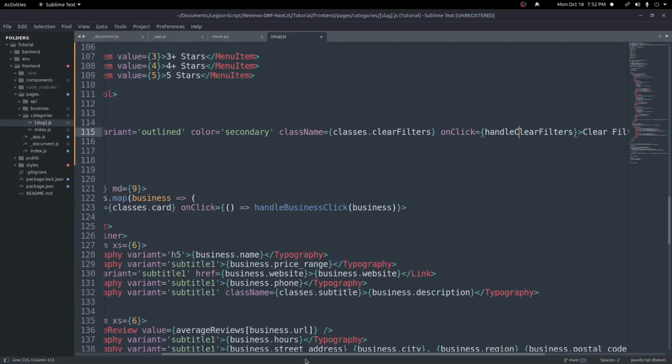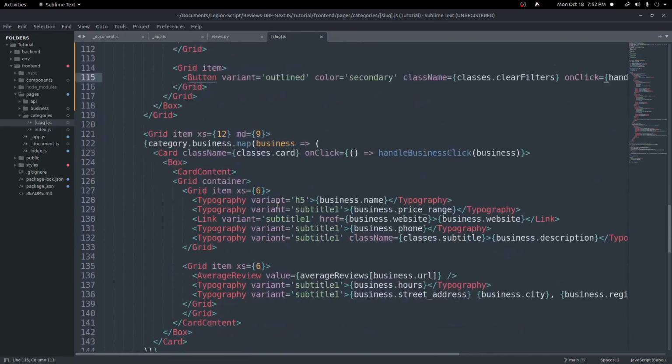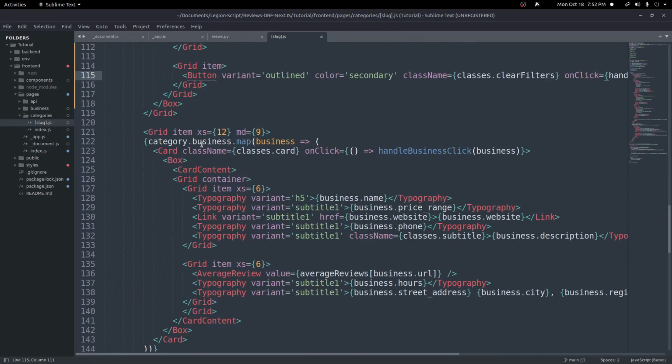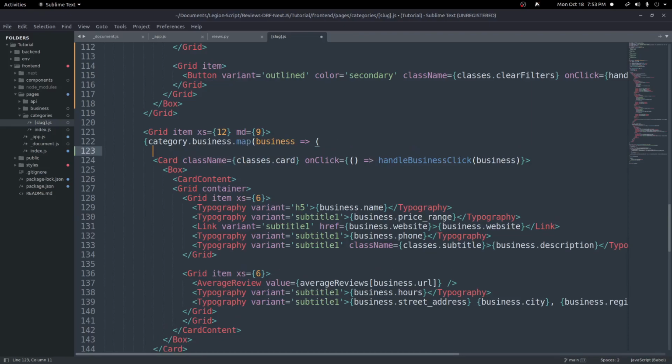So the way we can do this is we can go down to find our map where we're mapping over all of the different results, and we can only show them if certain requirements are met. What we can do here is we can go ahead and put some parentheses, and inside of here, we can check for each of these different things. So first, I want to go ahead and check either not price filter or